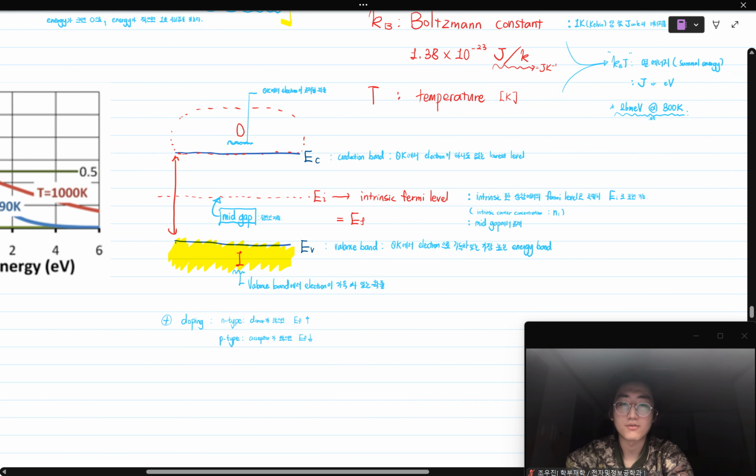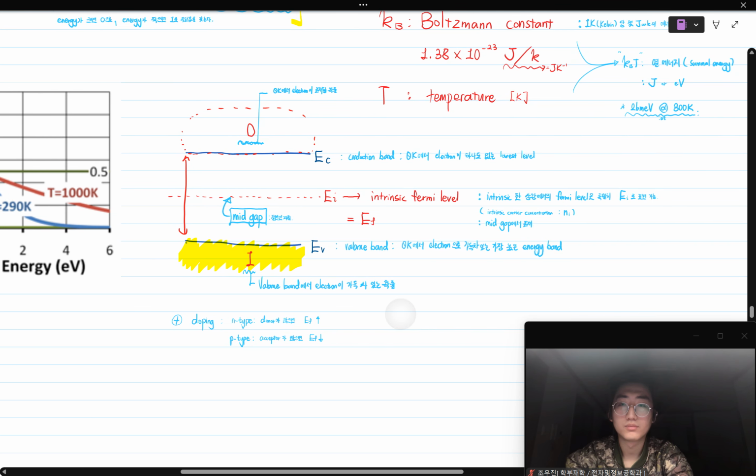And this graph shows us about the possibility of existence of electron at 0 Kelvin, and this means the possibility of full electron at valence band,